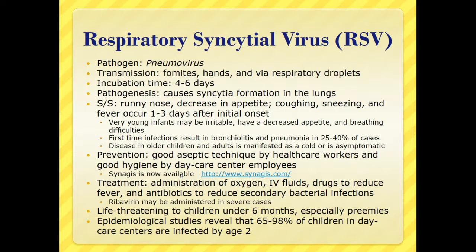And in the lungs, we don't want our cells fusing together because we need them to be very thin so that gas exchange can occur rapidly. Once these cells start fusing together, it makes gas exchange harder. And so that's why you need oxygen administration for a lot of these children, because their oxygen saturation is going to decline. A lot of times children with RSV will be given antibiotics, not to treat the RSV, but to treat any secondary bacterial pathogens that can take advantage of the situation, the weakened immune system, the weakened lungs,